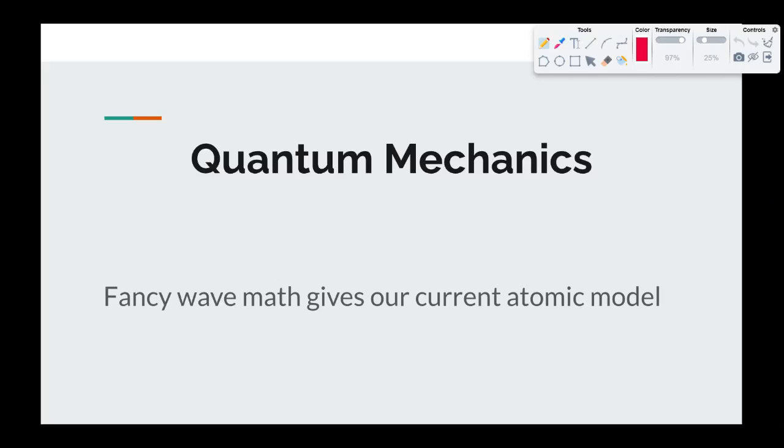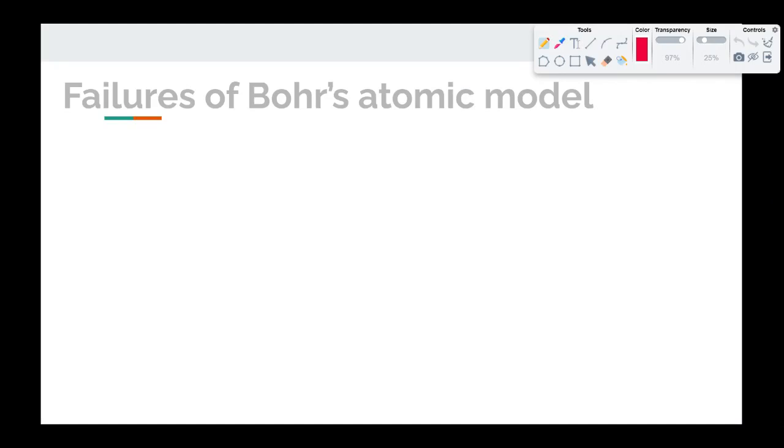In this video, we're going to lay out some ideas about how the quantum mechanical model of the atom, which is the current one that we have, attempts to explain where the electrons are in atoms. To start out with, we have to recognize that there were some failures of the Bohr model of the atom. So it seemed like really genius. It followed all the laws of physics, and he was able to come up with this model that explained the line spectra and used physics that everybody understood and accepted. But there were a couple of problems.